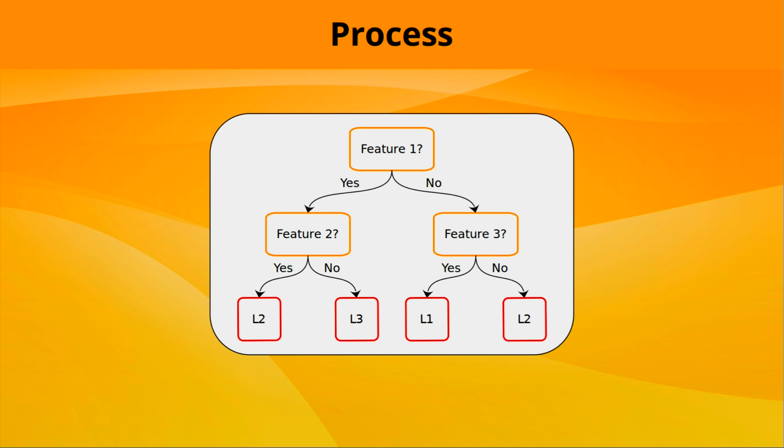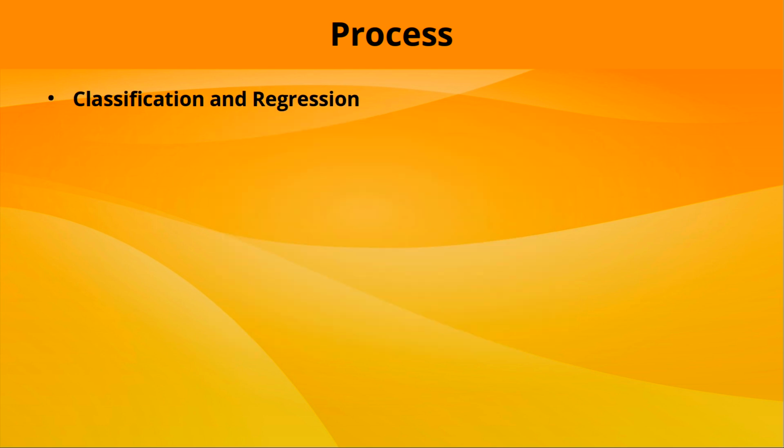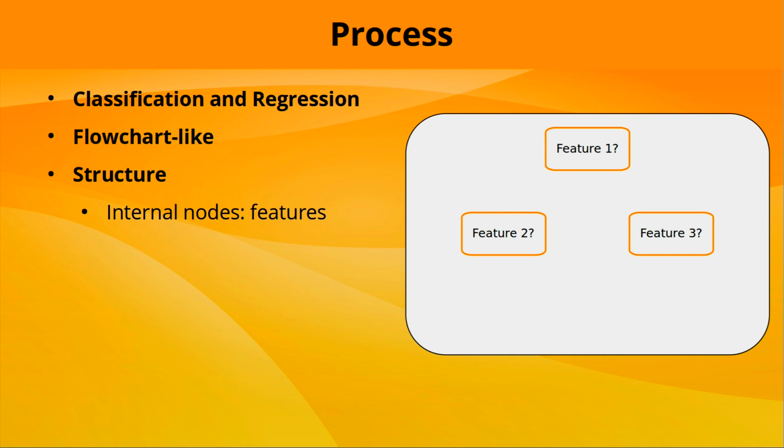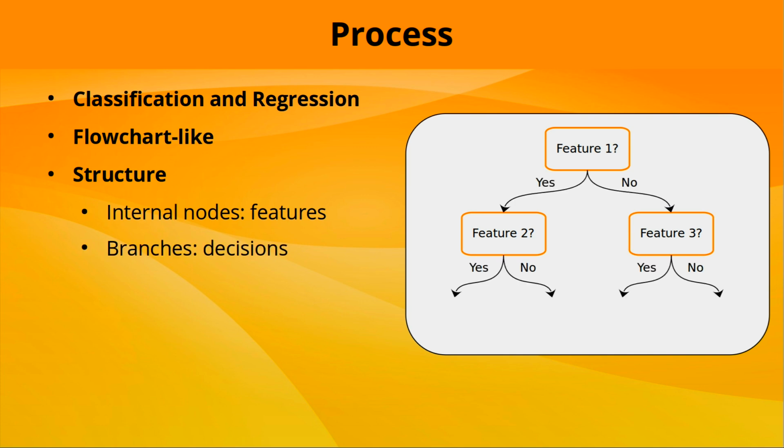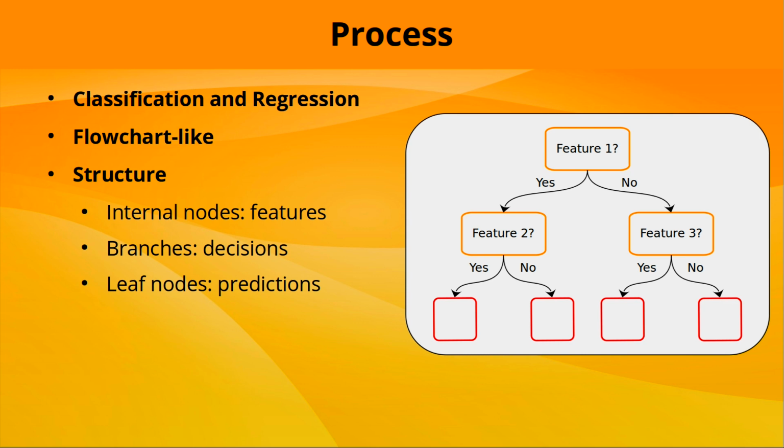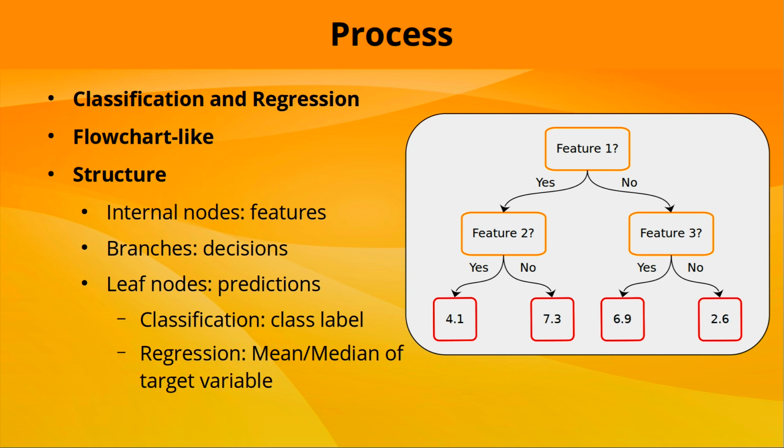Decision trees are powerful and widely used machine learning algorithms that provide a graphical representation of decision-making processes. They can be applied to both classification and regression tasks. A decision tree is a flowchart-like structure in which internal nodes represent features, branches represent decisions, and leaf nodes represent the predictions. In the case of classification tasks, each leaf node corresponds to a specific class label, and the majority class in a leaf node is assigned as the prediction. For regression tasks, the leaf nodes represent continuous values, usually the mean or median of the target variable in that leaf.